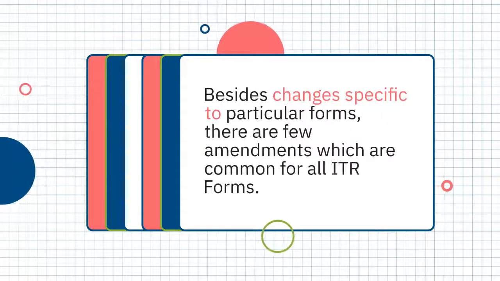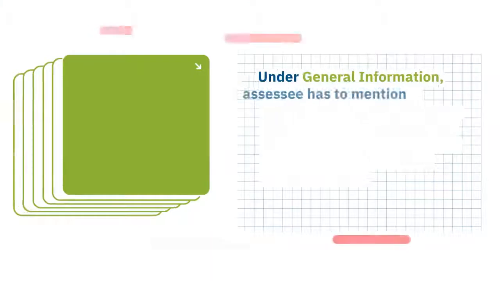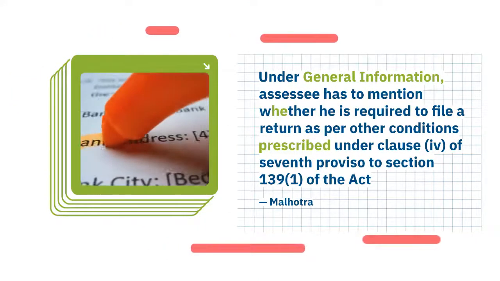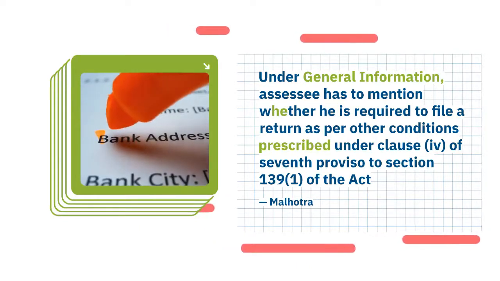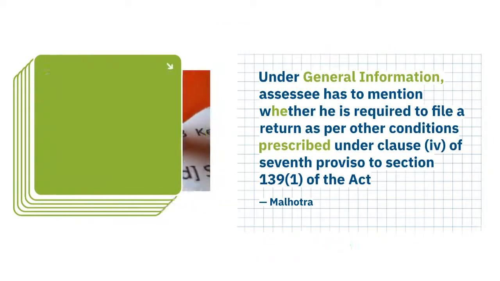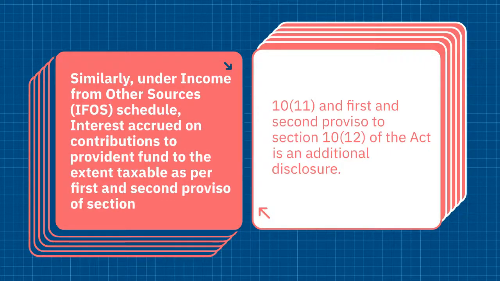Besides changes specific to particular forms, there are a few amendments which are common for all ITR forms. Under General Information, the assessee has to mention whether he is required to file a return as per other conditions prescribed under Clause 4 of the 7th Proviso to Section 139(1) of the Act, said Malhotra. Similarly, under the Income from Other Sources, IFOS, Schedule, interest accrued on contributions to Provident Fund, to the extent taxable as per the 1st and 2nd Proviso of Section 10(11) and the 1st and 2nd Proviso to Section 10(12) of the Act, is an additional disclosure. Further,